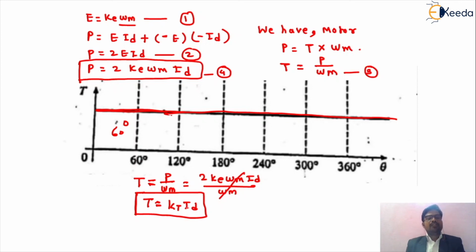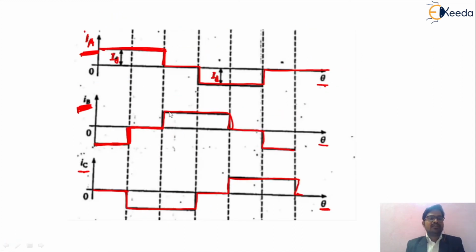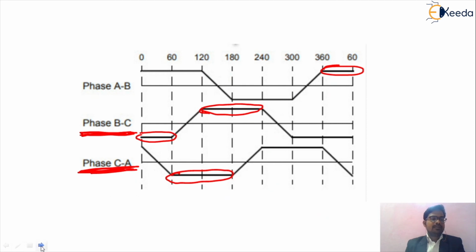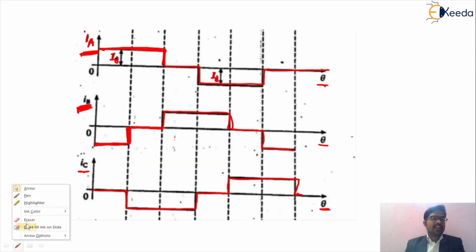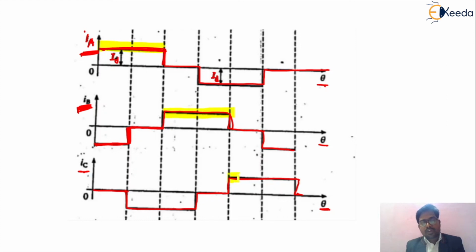So this will be a very important concept, and we are getting the value of current in concern with the value of torque, because we are changing the value of current. So for the phase A, that is the value of IB. So I can write for your understanding, because we are getting the constant current. Why are we getting the value of the constant current? Because please friends see, this is for IA, this is for IB, this is for IC. Now we are combining all these values of current. So we are getting a constant torque.